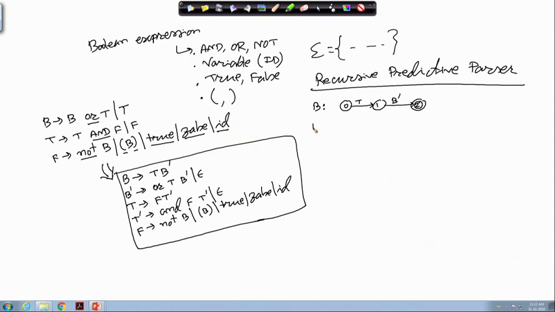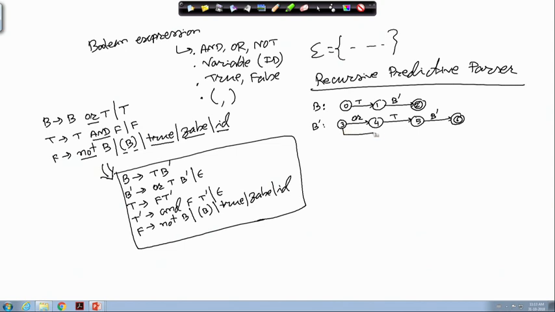Similarly, for B dash we can have the transition diagram like this. So, up to 2 we have done. So, this will start with 3, on getting OR it will come to state 4, and on getting T it will go to state 5, and from here on getting B dash it will go to state 6, and there is an epsilon production.